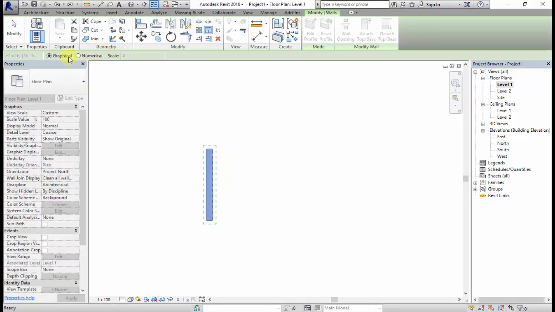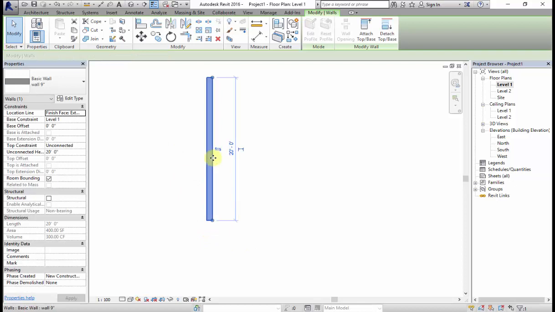Next, again you have graphical as well as numerical. If I click on numerical, I am going to give the scale factor. For example, 10 multiplied by 2, 2 times bigger, so I can give the scale value as 2. Just select the base point, and from the opposite side it will get scaled up.